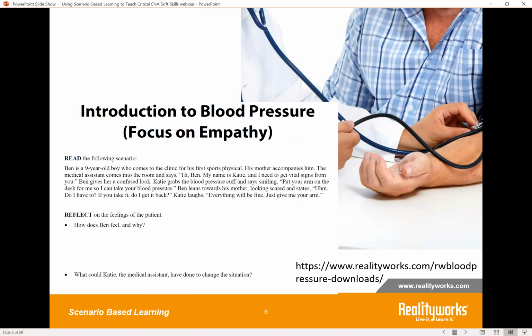So when you actually go through this scenario, you're talking through the process. You might take the time with the students and say, "How does Ben feel and why?" Reflecting on the feelings that might be there, and having these conversations in an open classroom setting, can help to facilitate conversations. It can also help identify where someone may be struggling. Because when you listen to the scenario, all the steps are correct and the process is effective. However, the empathetic part is not necessarily there. And so that's where you can teach the skills that are needed